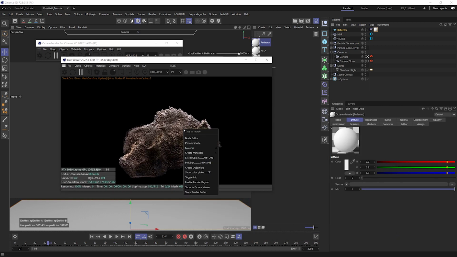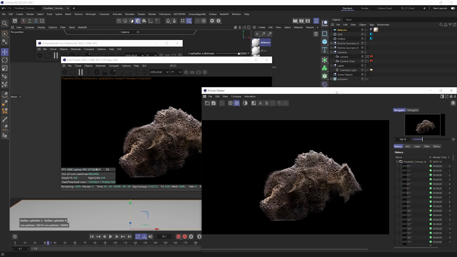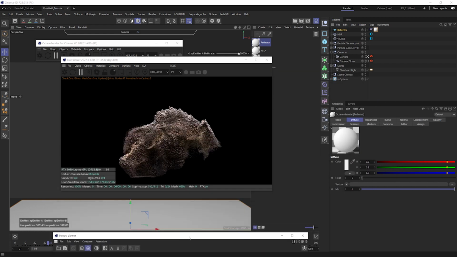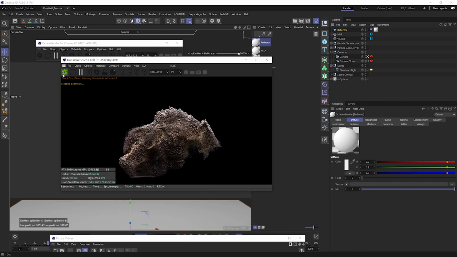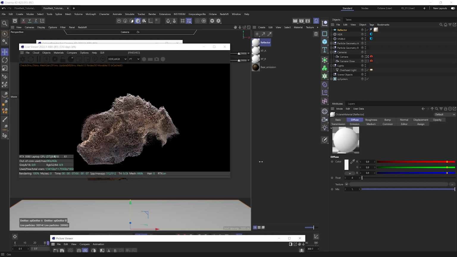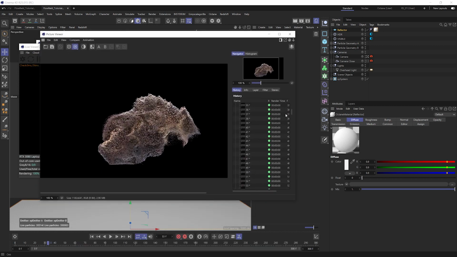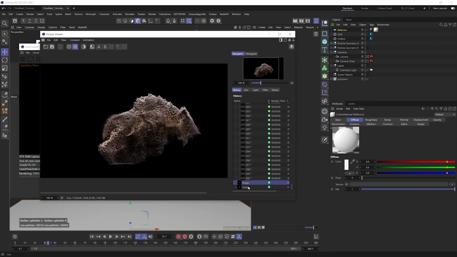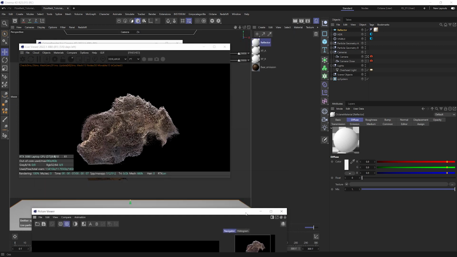Let's right-click in the live viewer and show in picture view. So we've got a snapshot of our current setup. Let's now activate the live viewer again and see if this makes a difference, and it totally does. So you can see already that this is totally different from what we had before. So we're using this plane to just bounce back some light at the bottom. Now obviously this is way too much, so